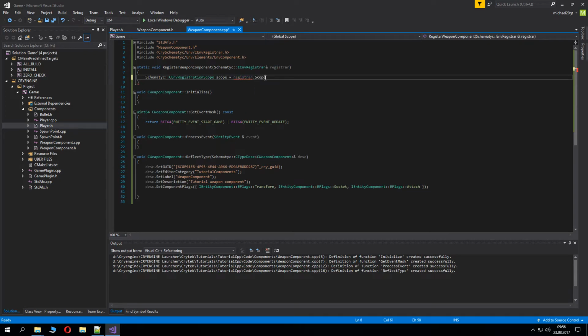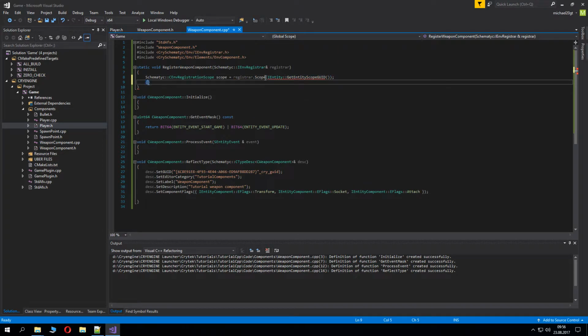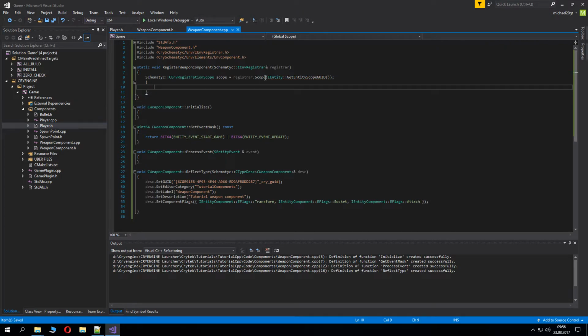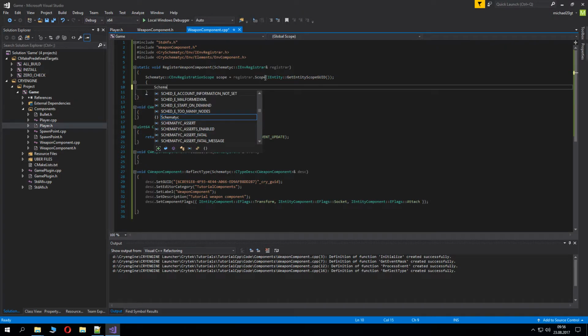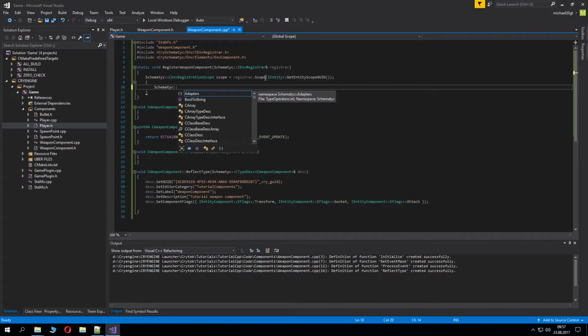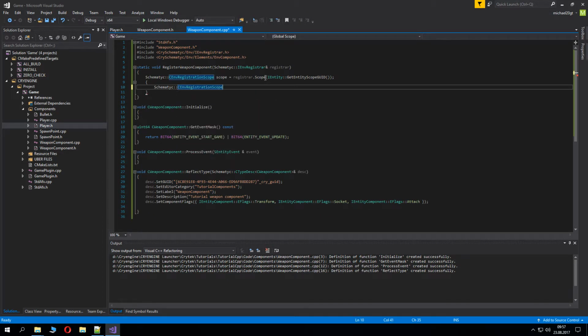Dot scope entity scope joint. Yep, and now go once again schematic registration scope and component scope register